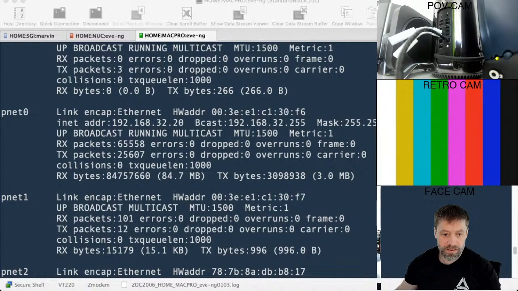Oh, okay. My mistake. I wonder, maybe there's a NAT interface. We'll find out. Let's log into here. This is the Mac Pro EVE-NG instance. This is just one of my running topologies. Let's add a new network, and it'll give me some